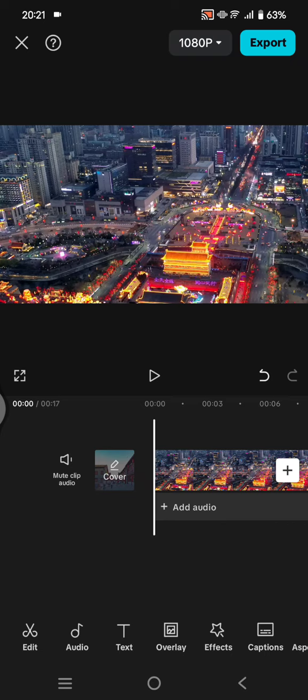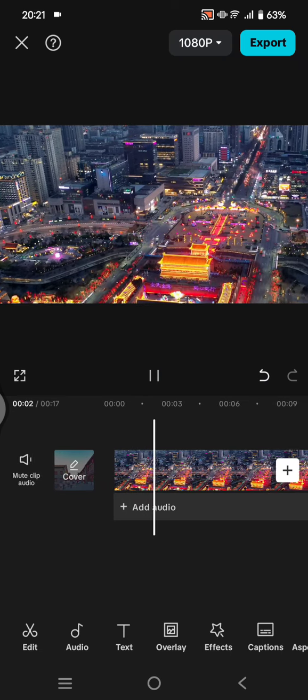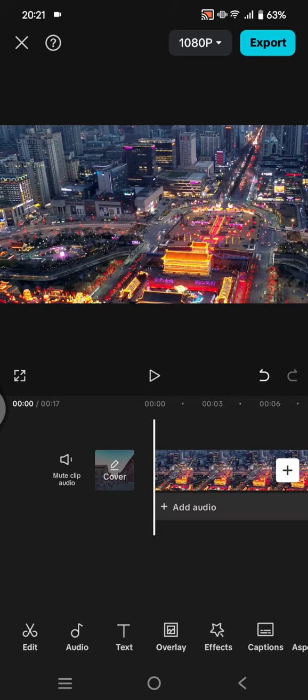On today's tutorial, I'm going to show you the CapCut color grading tutorial on how you can create this cold blue coloring. So here, I've already added the video that I want to edit, and I'm going to start by